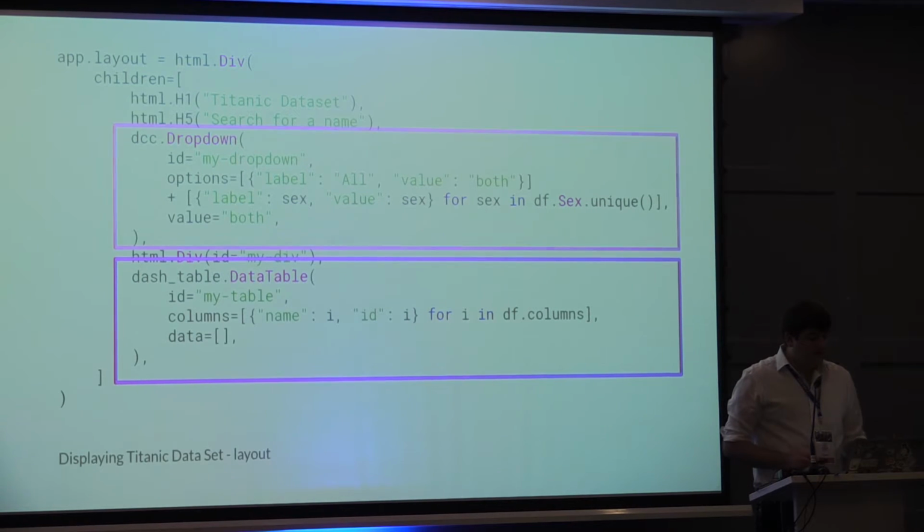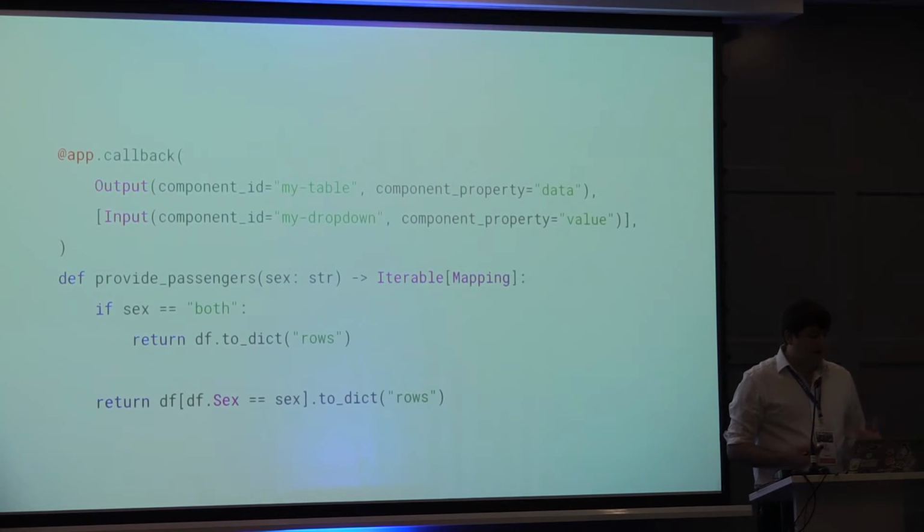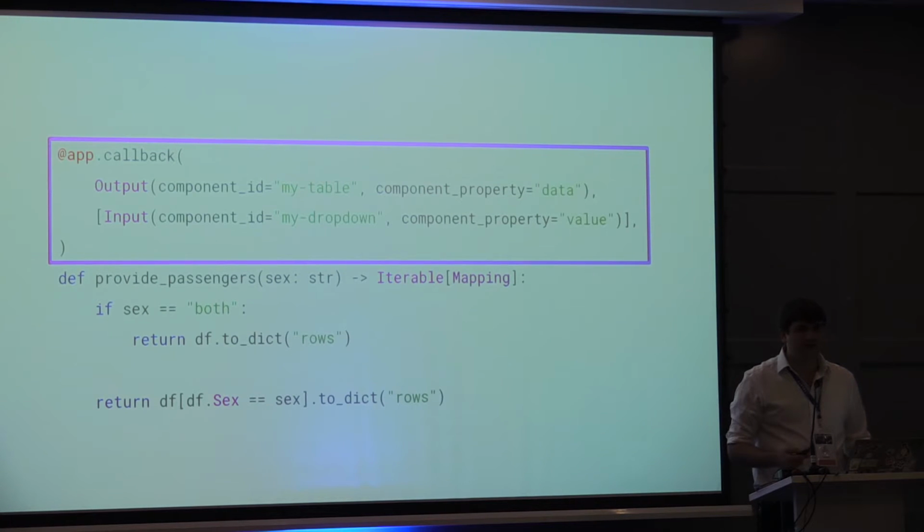And then we've also got this drop down here, and so I've decided that rather than just display the data set, I'm going to allow a user to filter based on a particular category. That will be done by a callback that we're defining here. We're monitoring that particular drop down, and then we're going to alter the data that gets sent to that dash table as a result. And here we're just literally filtering based on sex, and you can see it's just a really standard kind of